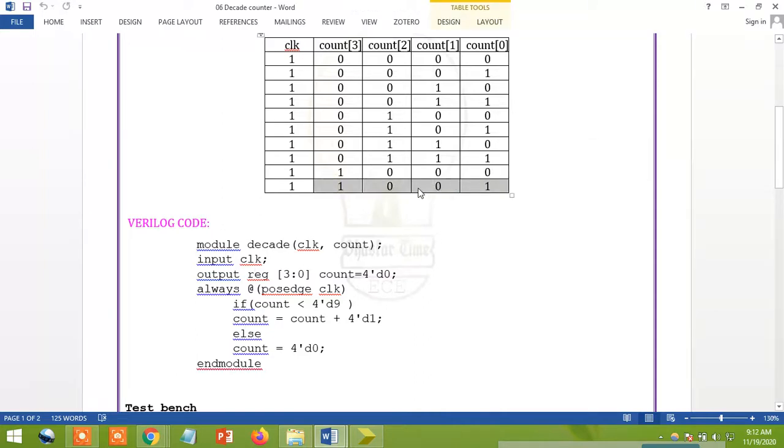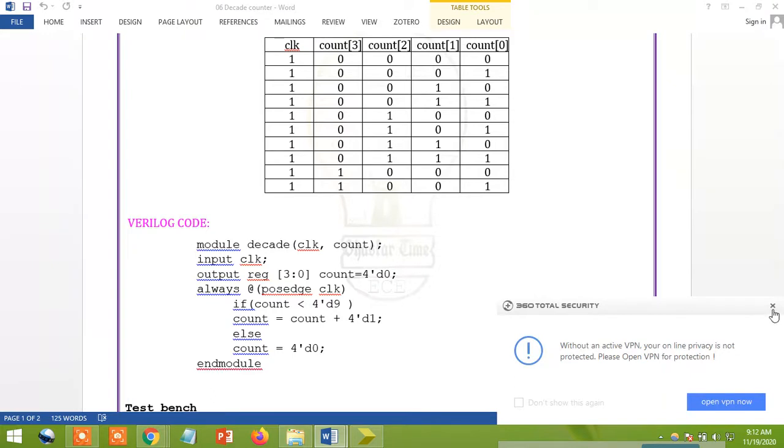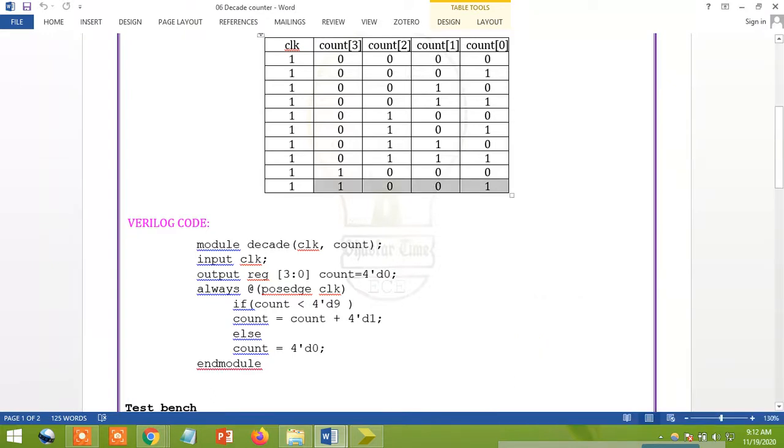So if my count is less than 9, only then should it be incremented. That's why, if count is less than 4'd9, which is nothing but the binary number of decimal 9, then count should be incremented. Since the initial count value is taken as 0, 0 should be incremented. Else, what is the count we get after 9? The next count here is 0. So I want to take the value 0. That's all, very simple program.